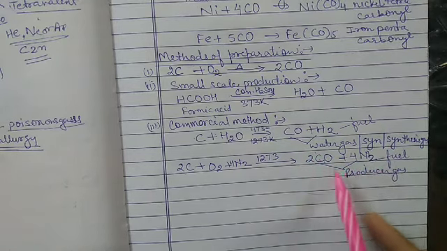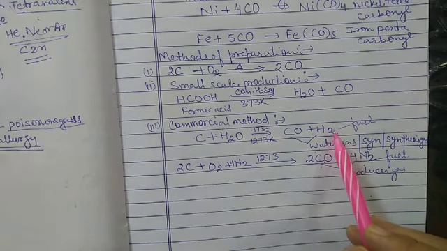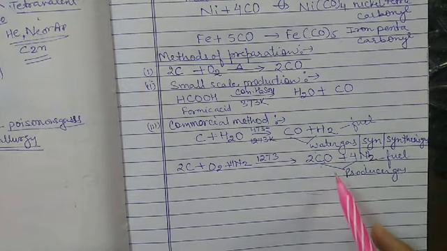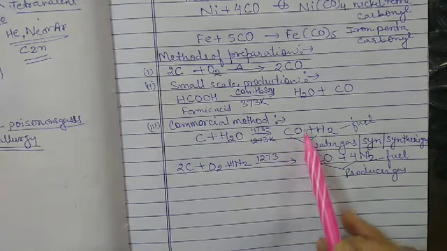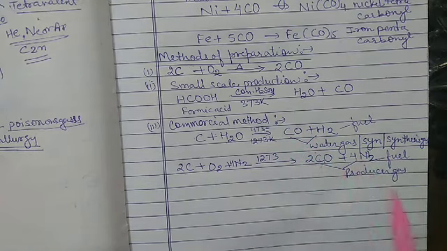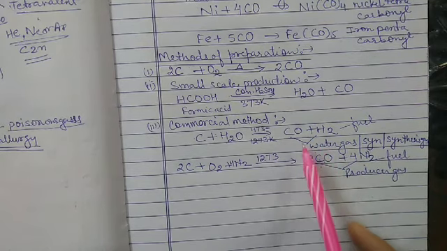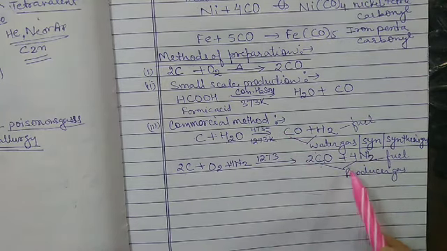And how is it oxidized? When the heating of these gases takes place, we all know very well that heating or the burning process always takes place in presence of the oxygen or in presence of the air. So when this carbon monoxide comes in contact with the oxygen which is present in the air, which is required for the burning purpose, they both combine and it is oxidized. Now this carbon monoxide is oxidized to the carbon dioxide with the liberation of heat.